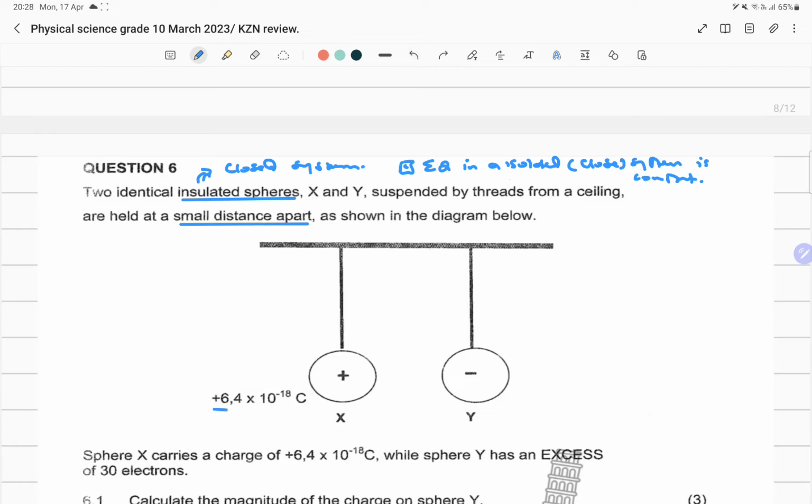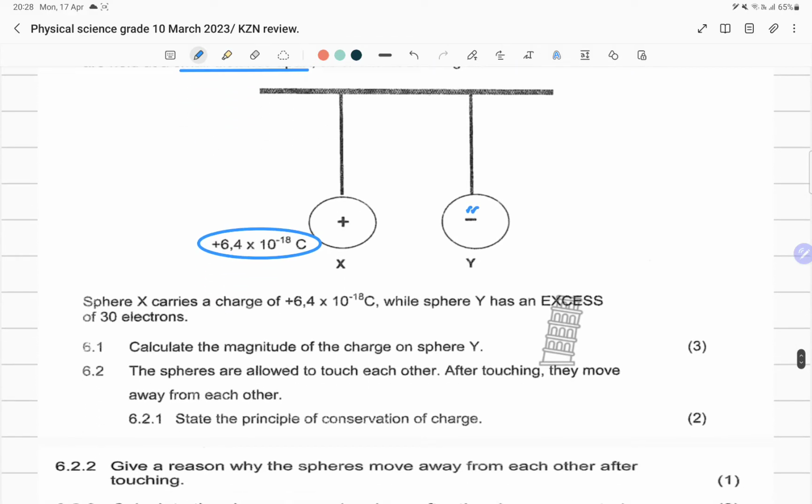So it's a plus 6 times 10 to the minus 18 coulombs. And then this one is unknown, but all we know is that it's a negative charge. Now sphere X carries a charge of 6.4 times 10 to the minus 18 coulombs, while sphere Y has